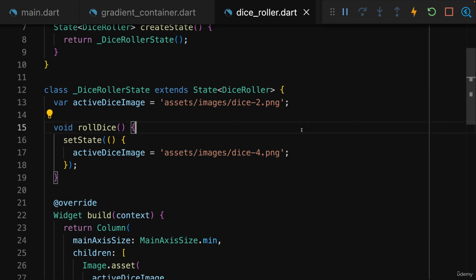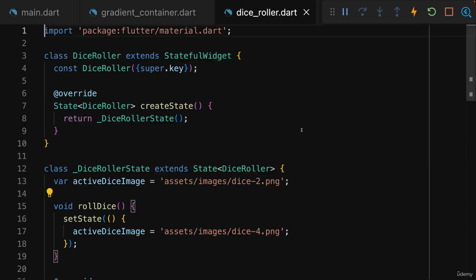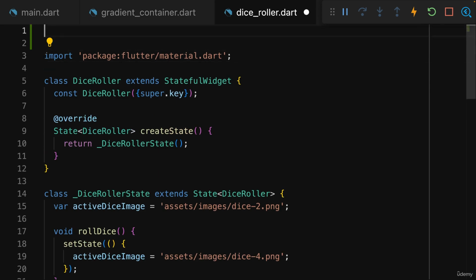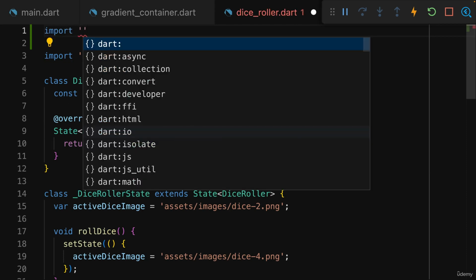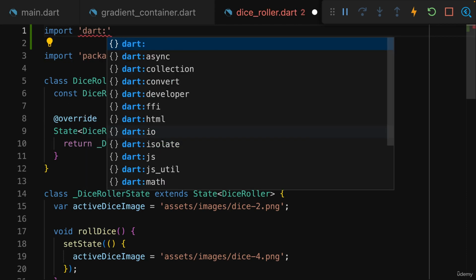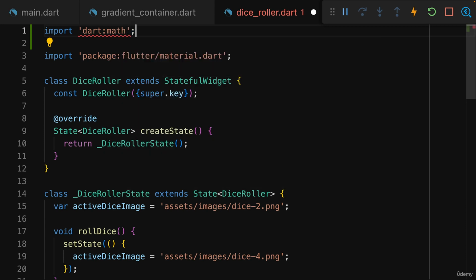Instead, we want to generate a random value between 1 and 6 and update the image appropriately. Now, to get there, we'll have to do a couple of things, and most importantly, we have to generate that random number. Now, that can be achieved with help of a feature provided by Dart, which we have to import though. We have to add an import where we import something directly from Dart, and there from the math sub